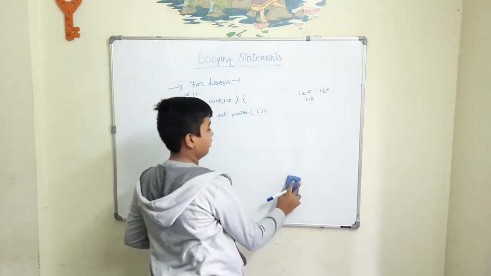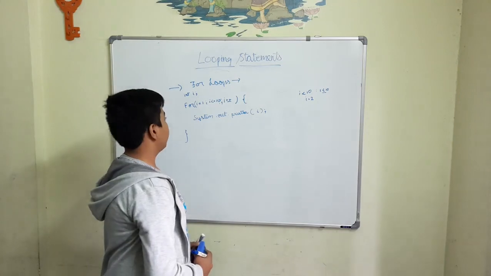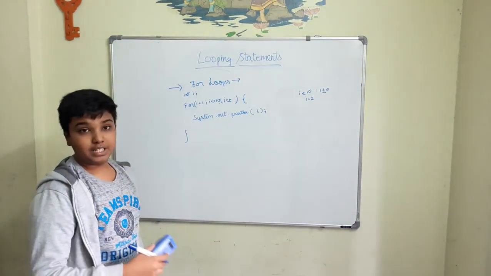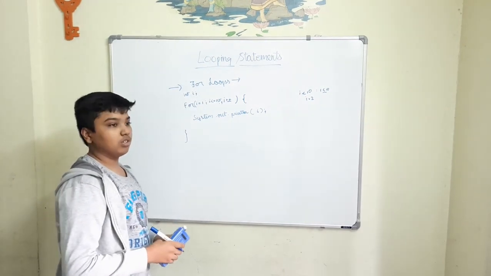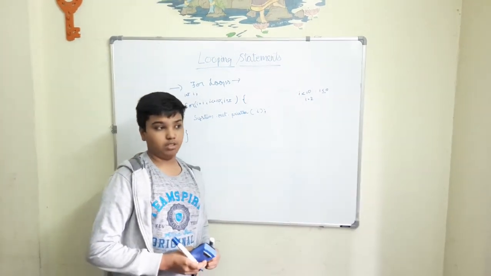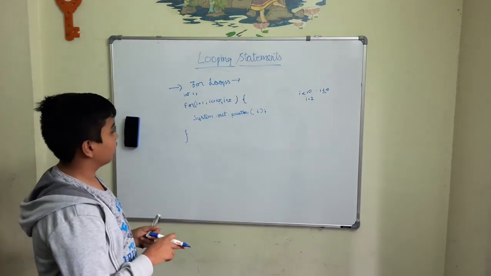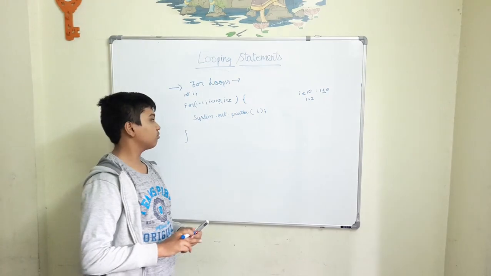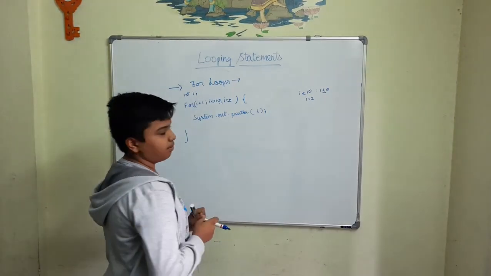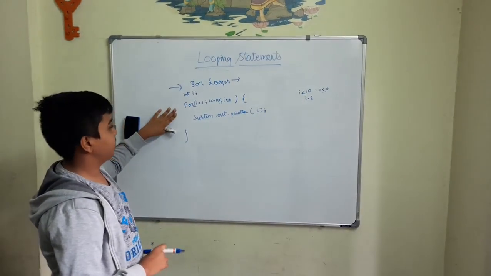There are more uses of it and there are more implementations of loops also. For example, you can have a loop inside of a loop, and these nested loops are used to print patterns or do more complex logic. That logic is not required right now. When you come across it, then you will see. Nested loops are a bit complex to understand. So these are normal loops right here.